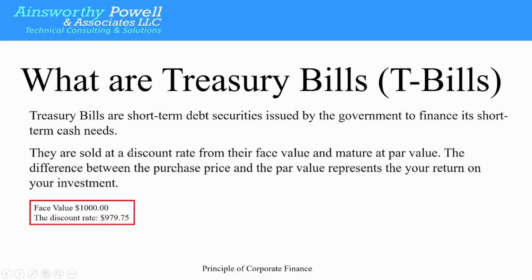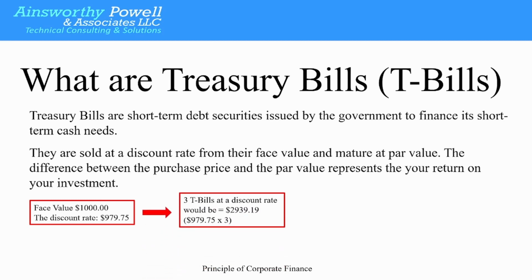So, just a quick review here. Face value is $1,000. The discount price that we just looked at is $979.75. And I could have used that $3,000 to buy 3 T-bills at a discount price of $2,939.19. I get this amount by taking the 979.75 and multiplying that by 3. That's how I got that